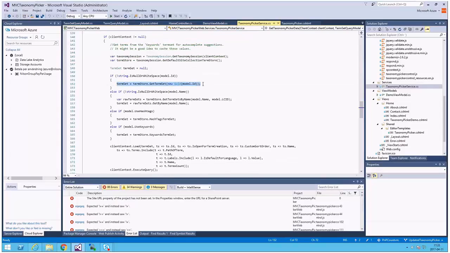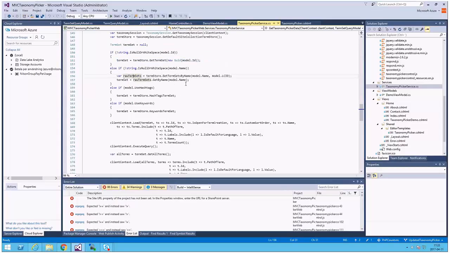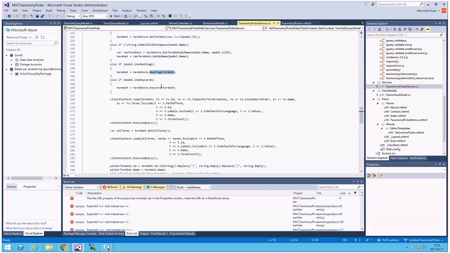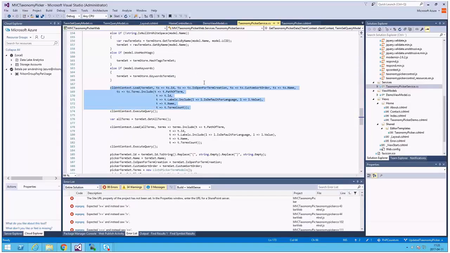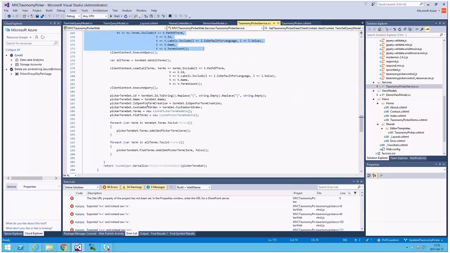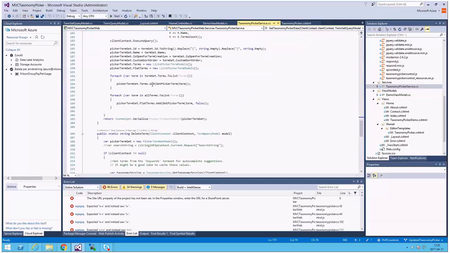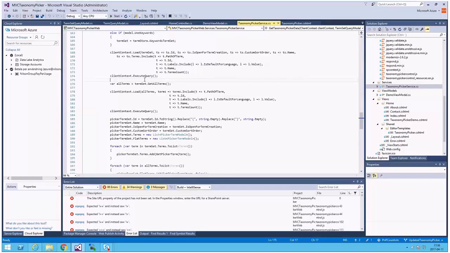Basically, I'm checking if I have a term set ID, or if I'm using a term set by name, or if I'm using the hashtag term set or a keyword term set. And I'm trying to load as little information as possible, so I'm specifying it here. I load only the first level of terms, and if they have children, I will load those children later. And for this method,